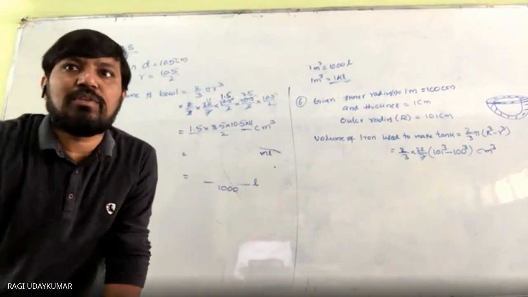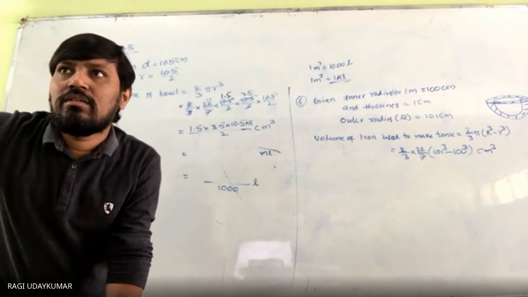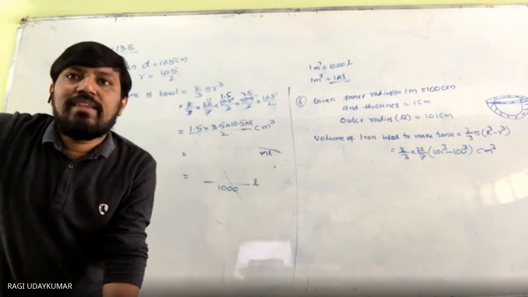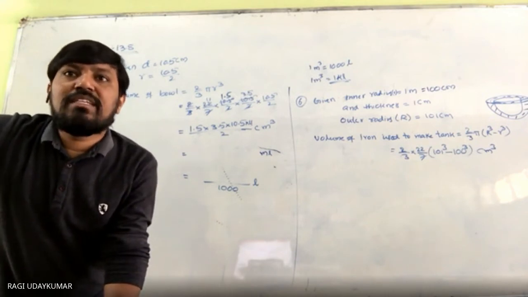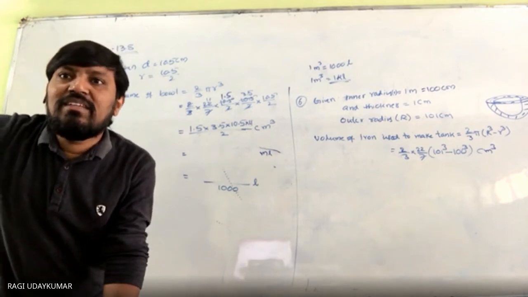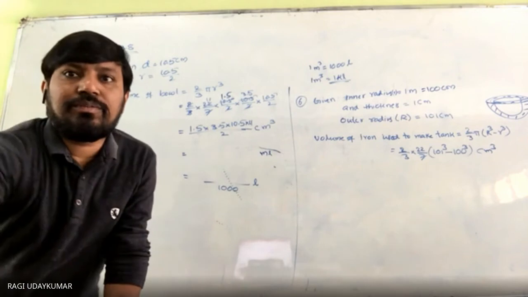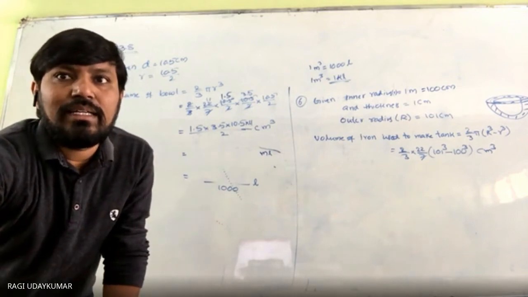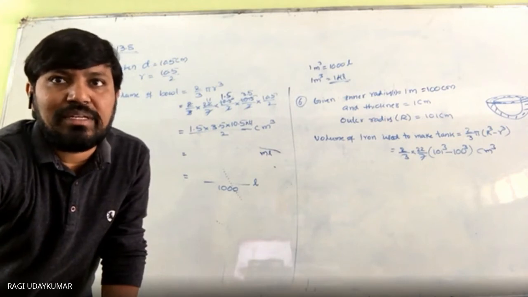Seventh problem is very simple. Find the volume of the sphere. We will discuss that later, first this. So find the volume of the sphere whose surface area is given to you. From the surface area you can find out the radius. With the help of the radius you can find out the volume. So that you can do. Next. 8th and 9th are slightly lengthy problems. That too we will discuss and complete.